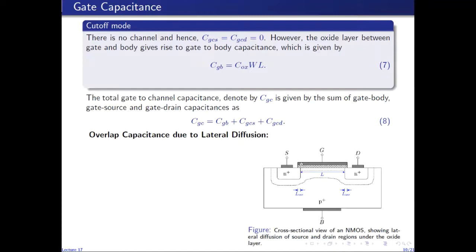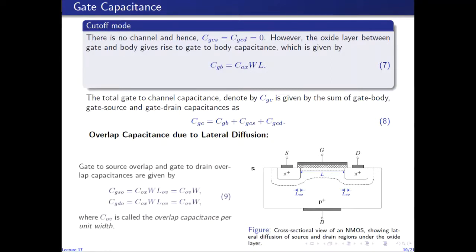So now that we have an overlap between the polysilicon gate electrode and the electron-rich source region, as well as the polysilicon gate electrode and the electron-rich drain region, which are separated by this silicon dioxide dielectric, you can think of this overlap as forming another parallel plate capacitor, whose capacitance, for the source side, the gate to source overlap capacitance, and for the drain side, the gate to drain overlap capacitance, denoted by CGSO and CGDO respectively, is now given by the capacitance per unit area times the area of